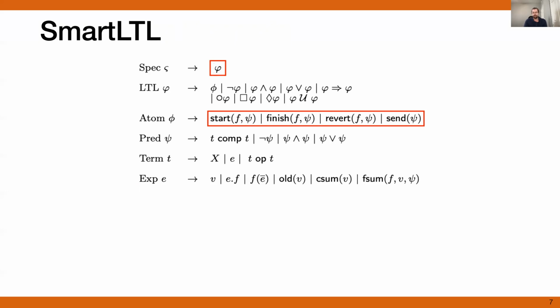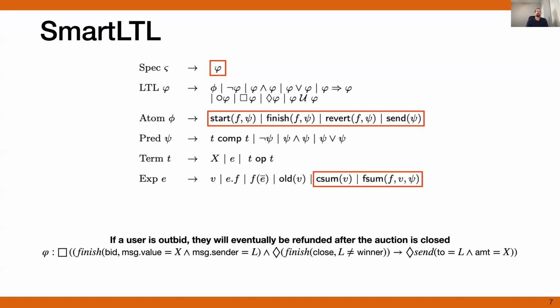In addition to the normal operators that you would expect to see there, we include a couple of functions which are supposed to aid the user in writing certain types of specifications. Namely, we provide a csum method, which will take the sum of a collection, like a map or an array, and an fsum method, which will take the sum of a value over time.